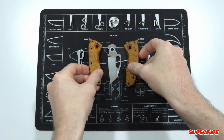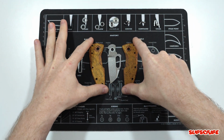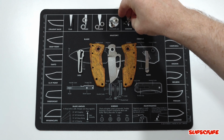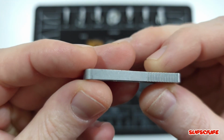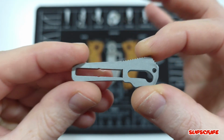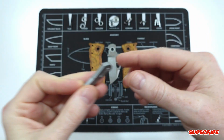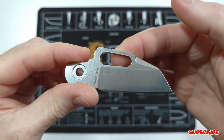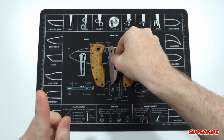So just keep that in mind. It was something I learned when I was measuring everything. So there is that. One other thing I did was I stone washed the shark lock mechanism just to match everything else. I wanted to etch and stone wash the blade, but I am going to hold off on that